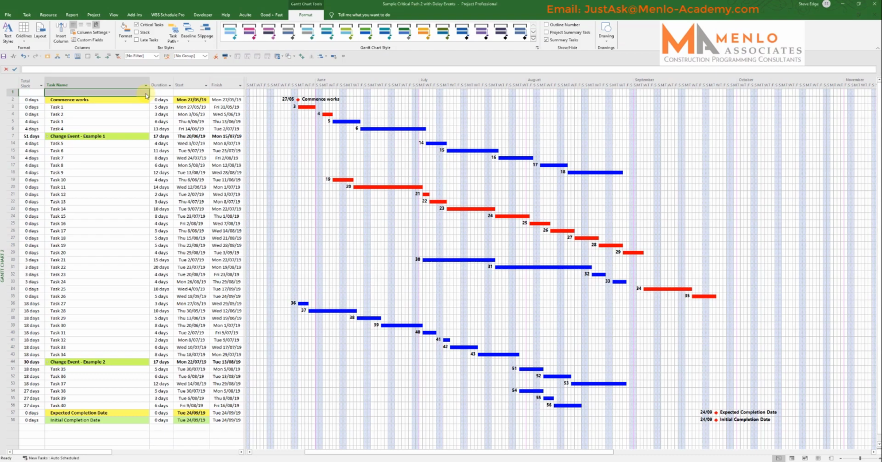This time I'm going to talk about change events. Now, a change event is anything that basically affects the program. Change events can shorten the program or they can lengthen the program. They change the amount of work that has to be done and can be down to a whole heap of